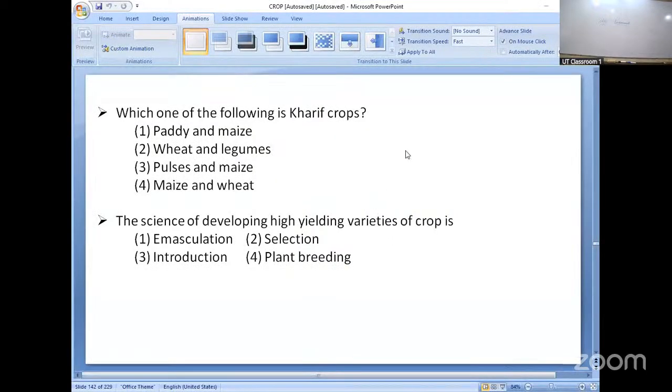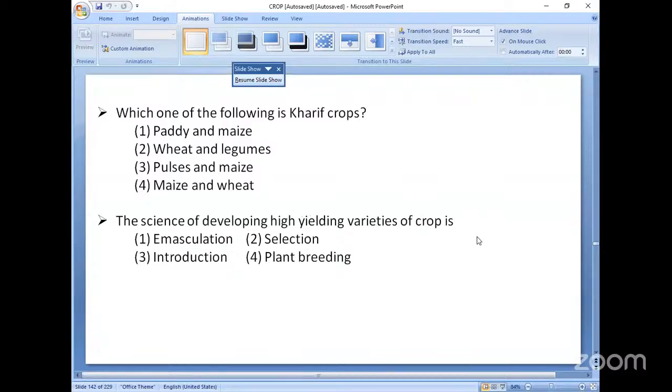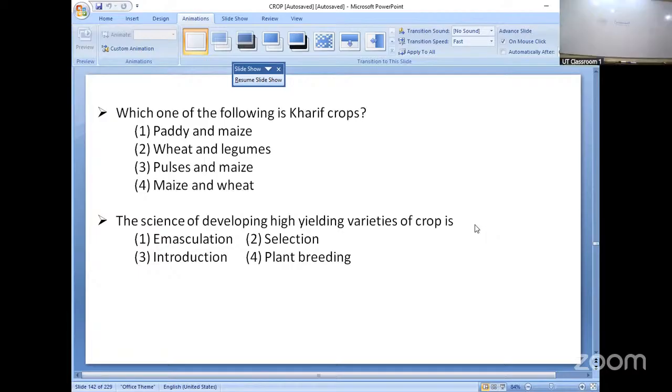Which one of the following is a kharif crop? Yes, ma'am. Keep your camera on. Wheat. Paddy and maize. The science of developing high yielding varieties of crops is